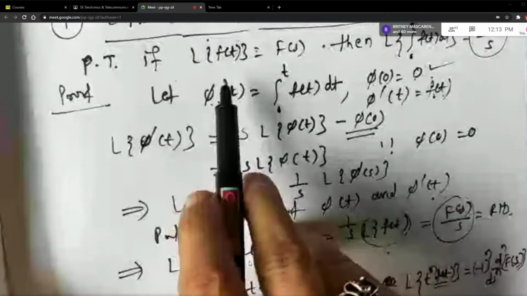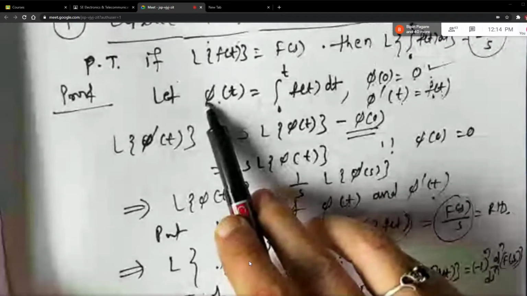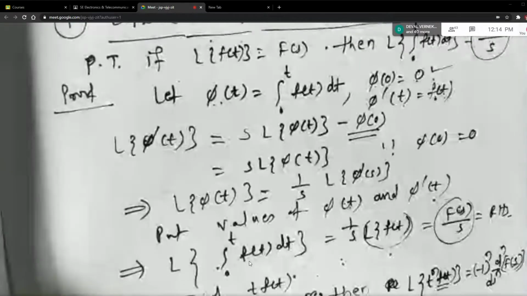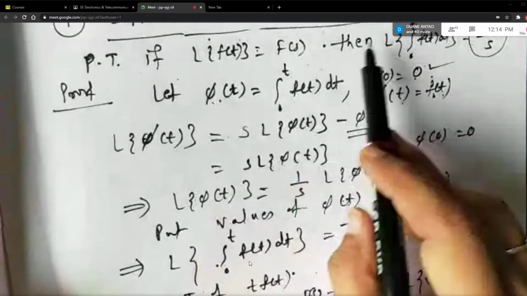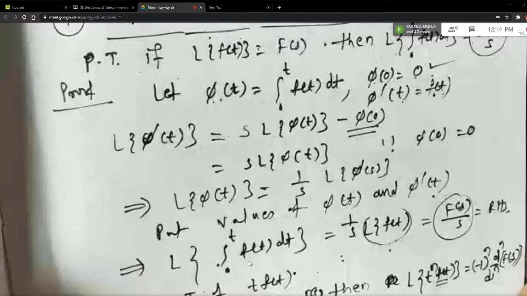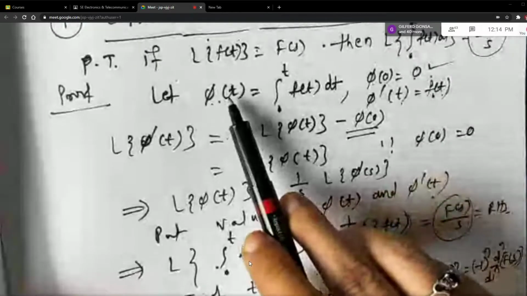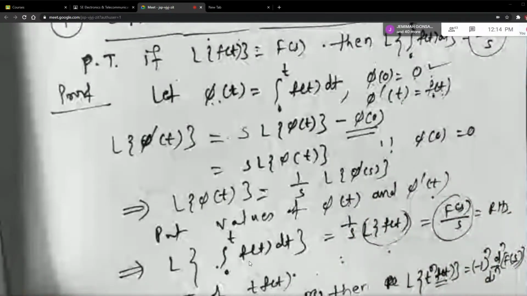So remember this proof. We are denoting this inside integral by the letter phi of t. What is phi? Phi is some symbol for a function, like how you use f, g. So let phi of t be the inside function. Now, if I want to find phi of 0, what will happen? In place of t, I will be putting 0. So upper limit and lower limit will be 0. And when both the limits of a definite integral are 0, the value of the integral becomes 0. And therefore, I am getting phi of 0 is equal to 0.